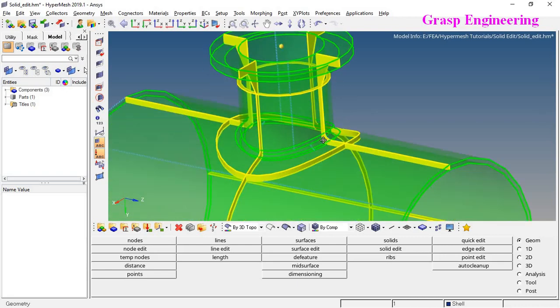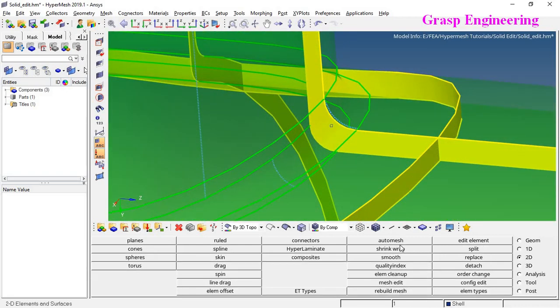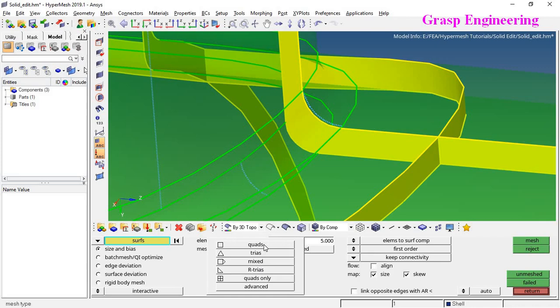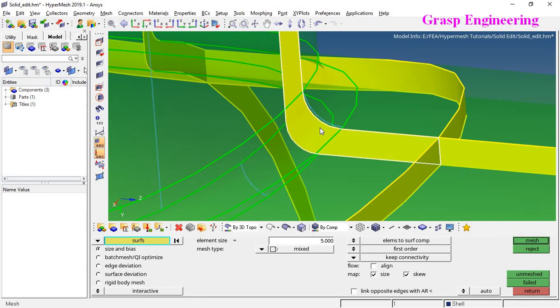Before going to meshing, I will just show you roughly. Let's put the sizing here. Here you can define the sizing, and here you can select the respective element shape. If you want to perform the hex mesh, then it is suggested that you use the quad mesh. If you want to perform the tetrahedron, then you need to use the trias, and mixed can be used for hex or sweep also. There are also right angle trias which are useful for circular surfaces. So let's do some mesh over here.